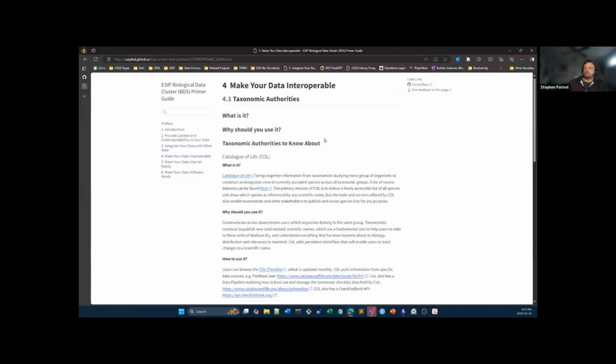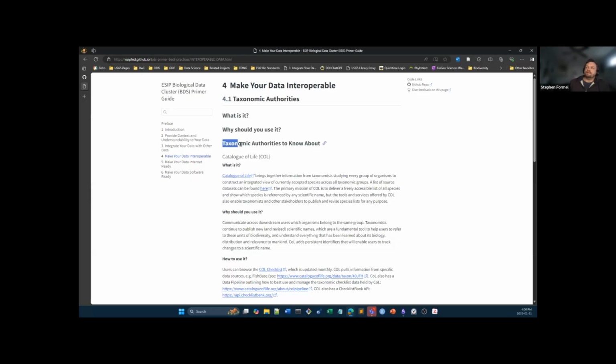And so now we're talking about taxonomic authorities. We spent a lot of time unraveling what taxonomic means to a biologist versus what it means to everybody else. That was an interesting hurdle that we didn't expect. The biologists were like, well, you're talking about organisms and how you organize the organisms. And other people were like, oh, no, taxonomy is organizing any type of information. It was a very valid conversation. In the end, we came back to the assumption that people are going to be pointed to this as biologists, so we're just going to assume that. But if you disagree, feel free to jump in and give us some feedback.